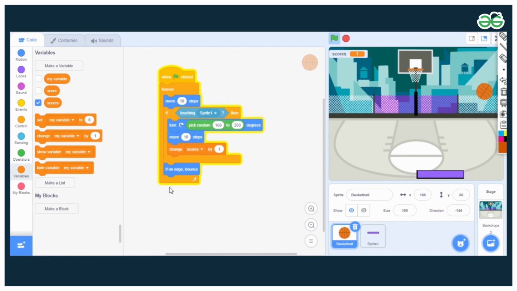Now you can see that the ball touched the paddle and the score has been increased, right? Again it is 2, now it is 3 and so on. Now it is 4. So this is how we can do this, right? This is how we can set the score. This is how we can make the objects move inside the game.